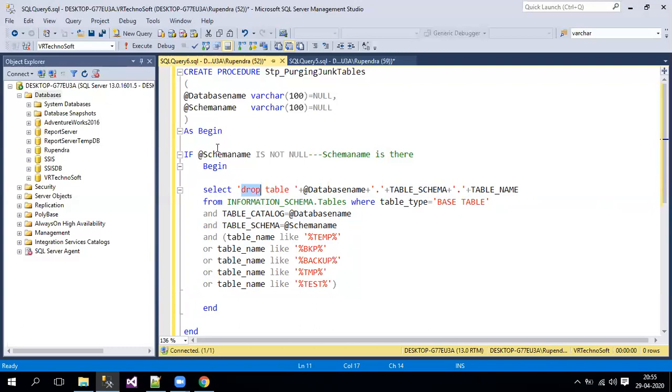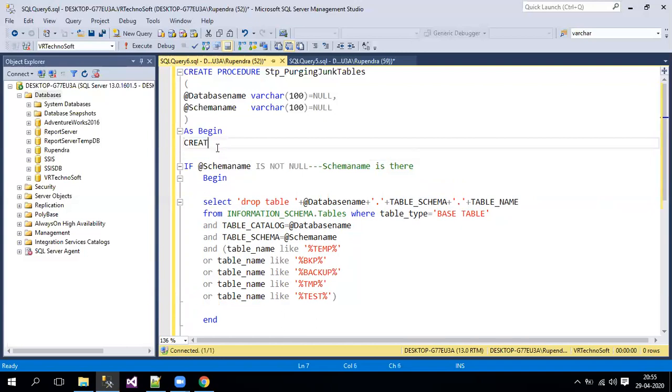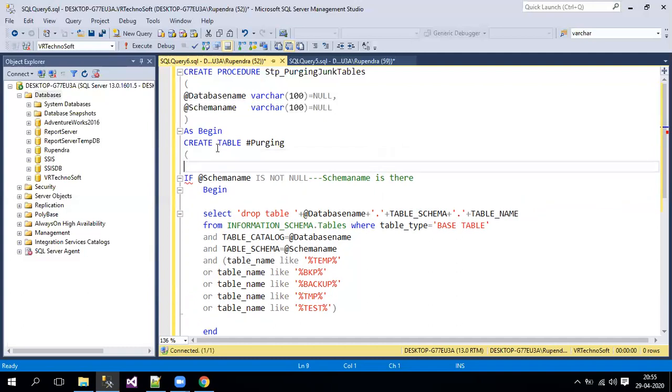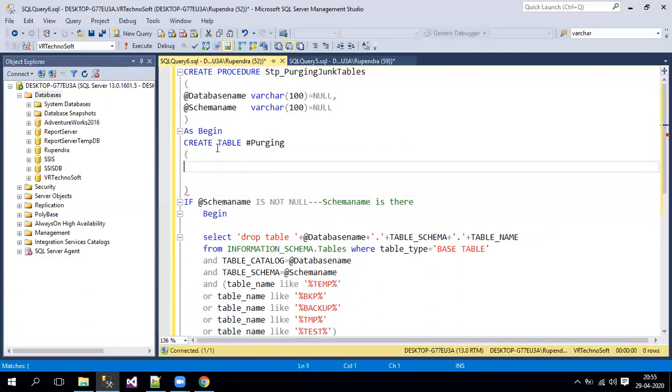So let me create a table. Let me call it purging tables, or purging junk tables, something like that. Here I'll take two columns. One is id, integer with identity of 1 comma 1.